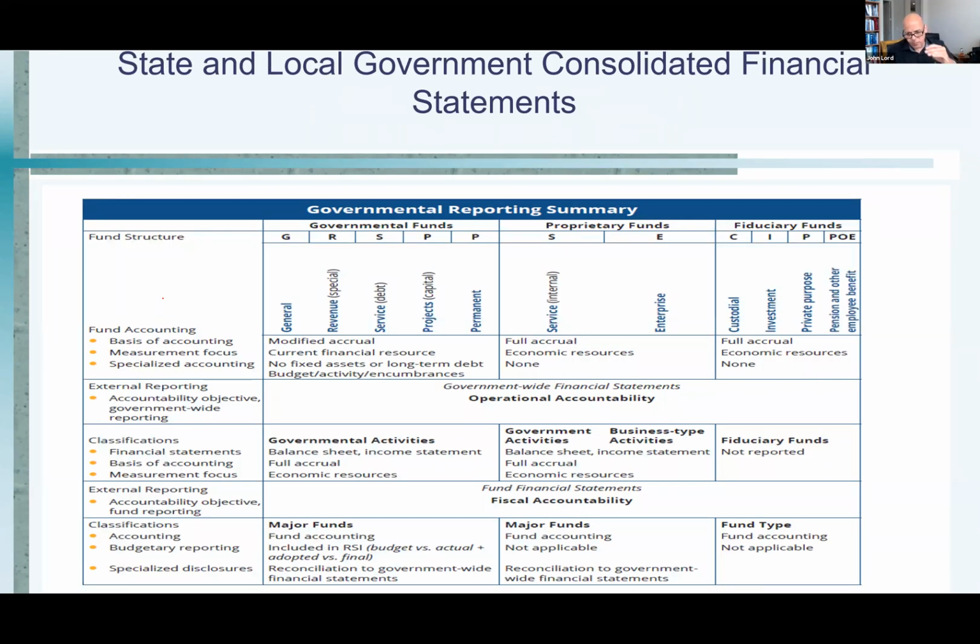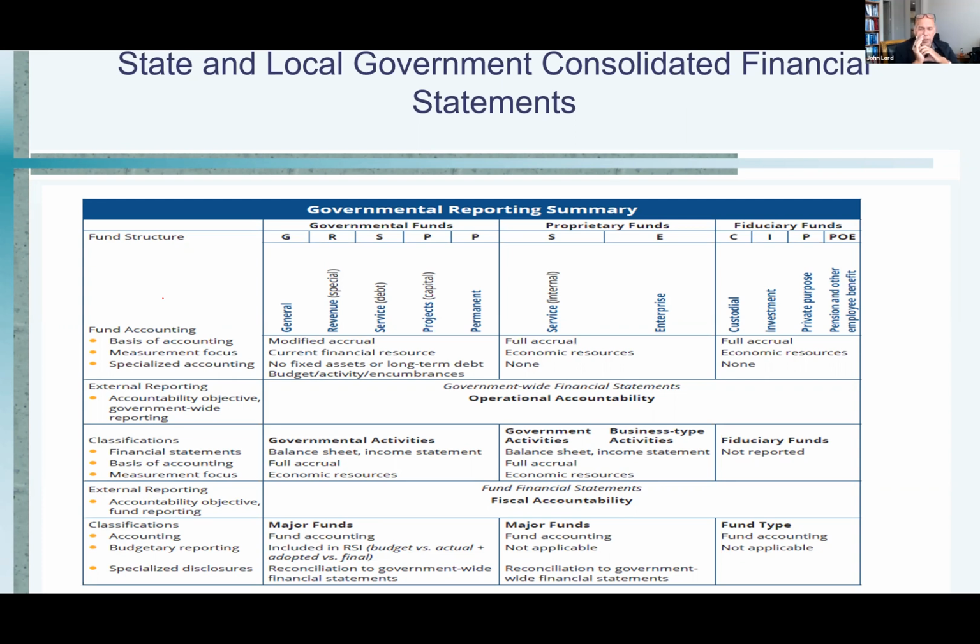Okay, so this slide comes back now, and these are the main things I want you to know. I want you to know the 3 categories, the 11 fund types that fall into these 3 categories. I want you to understand where these funds appear at the government-wide level. And then I want you to know the type of accounting that is used by each of these, and it's pretty easy. Only the governmental funds follow something other than full accrual accounting, economic resources measurement focus, and the